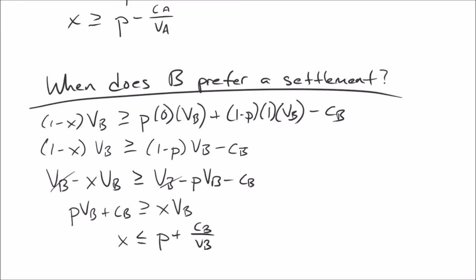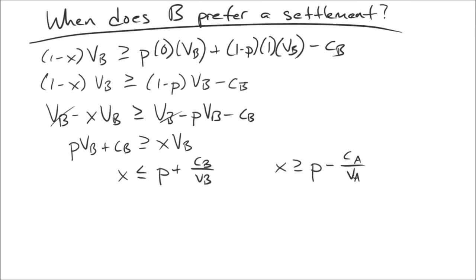So we have two constraints for getting a settlement to work. We have from here, B requiring that x is sufficiently small, P plus CB divided by VB. And for the other one coming from up here, we have x has to be greater than or equal to P minus CA over VA. So if we think about what's going on with both of these conditions,